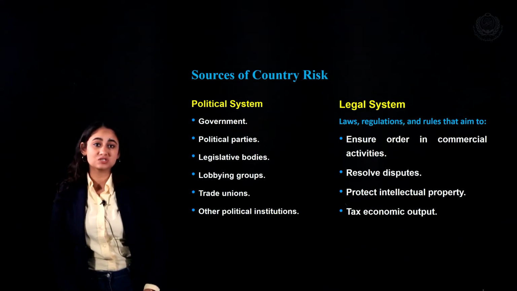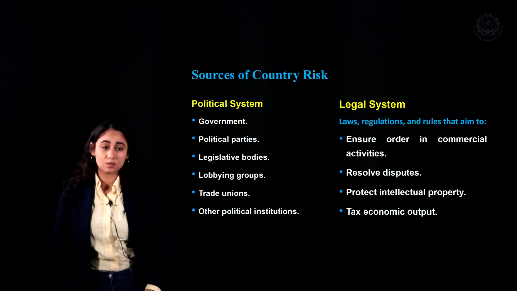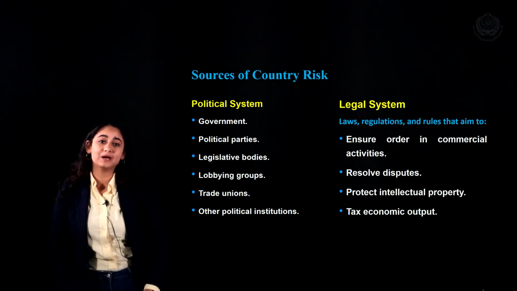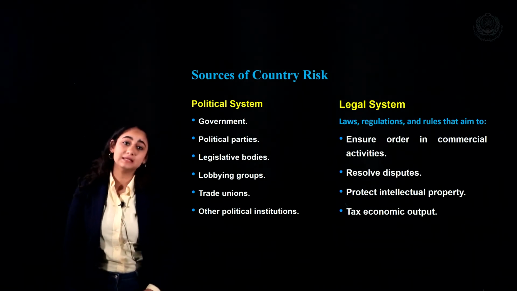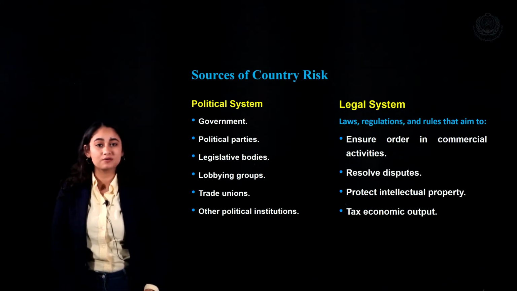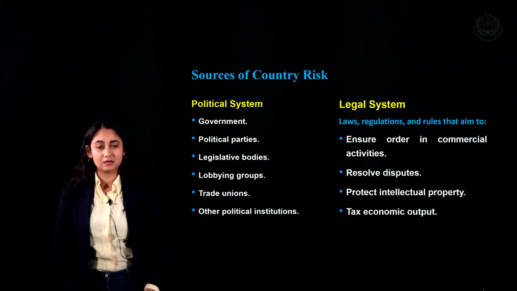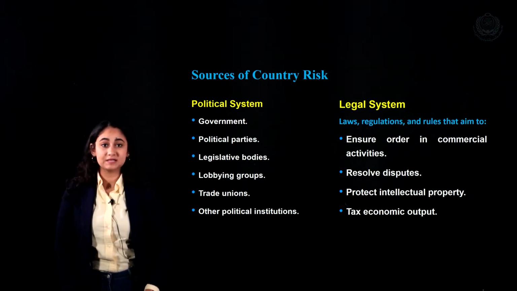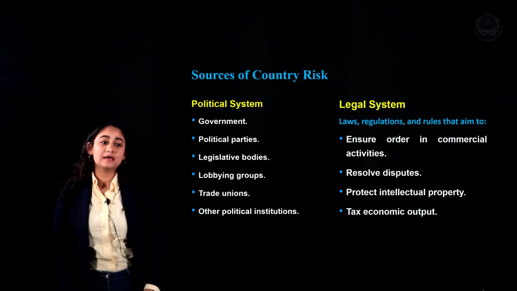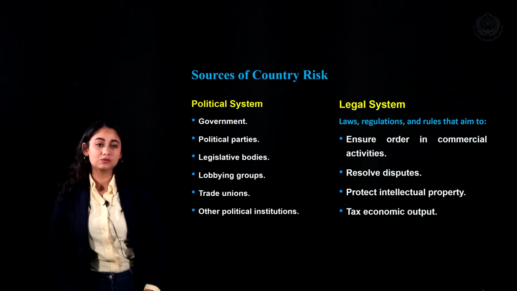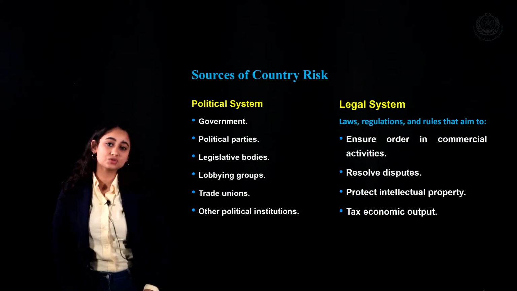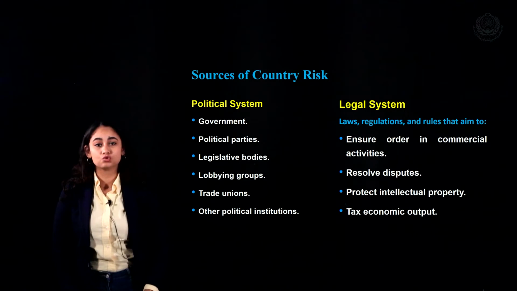So any changes or disturbance in one of these components could highly impact and cause political threats or political instability in a nation. Also, when we're talking about the legal system, we said that these two are very related to one another and rely on one another. If, as we said, there's instability in the political system, you will definitely also find instability in legal systems, where laws, regulations and rules start